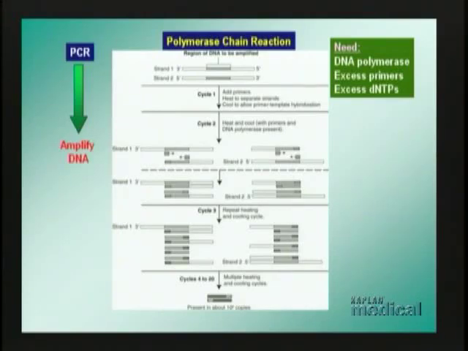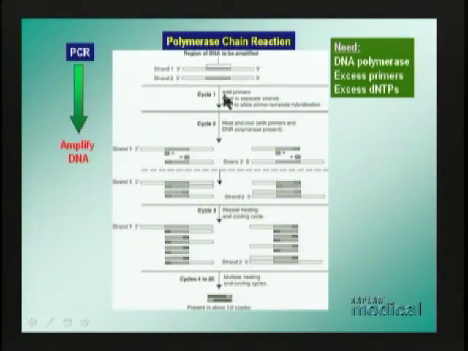And then when the temperature goes down, as you cool the DNA, the double-stranded DNAs want to come back together to base pair. But because there are excess amounts of primers around, because there are lots of primers around, the primers preferentially will find the DNA first before the 2 strands come back together. So to illustrate this, here's double-stranded DNA. This is a portion of the DNA that we want to amplify. If you heat the DNA, the 2 strands come apart, and then during the cooling process,